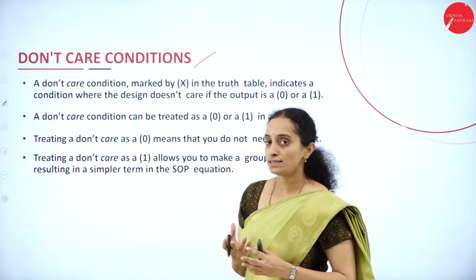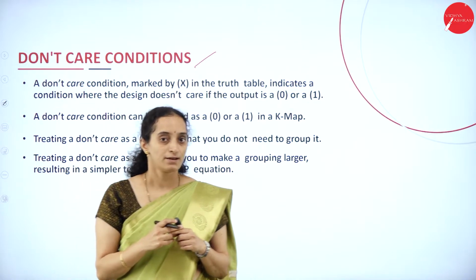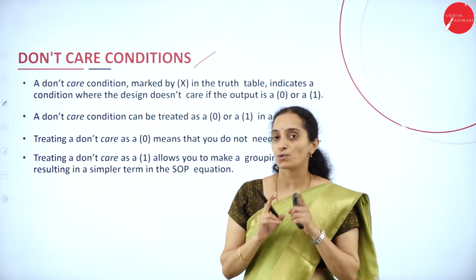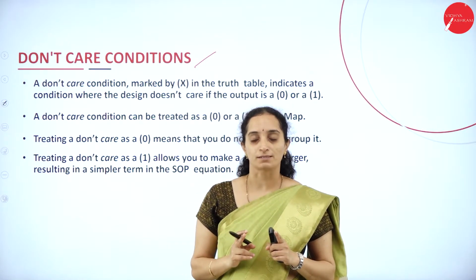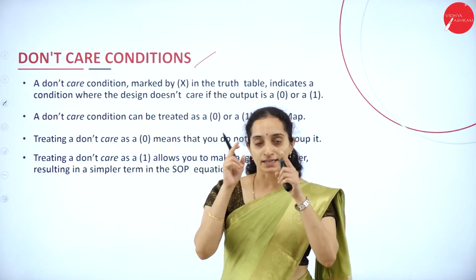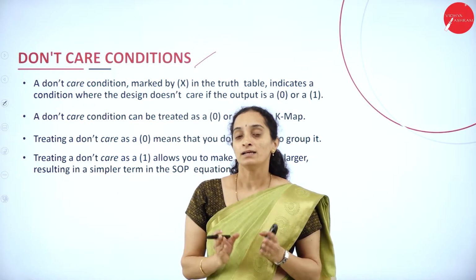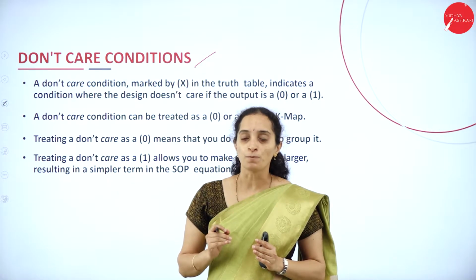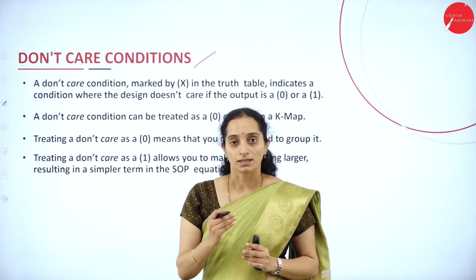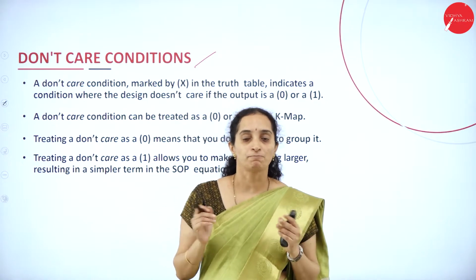In such a case, for simplification, we have to struggle to make the groups, isn't it? When you are using either zeros or ones. In SOP, we consider only the ones to group, isn't it? So, in the coordinate map, if the intermediate cells are kept blank without any fill, then it will be very difficult to group and the simplification will not be possible. That means there will be some expressions which will be left without any simplification.